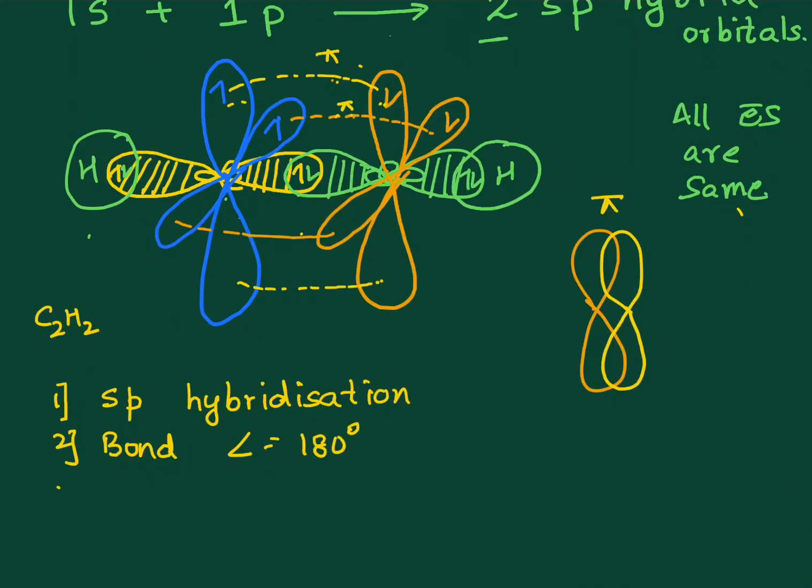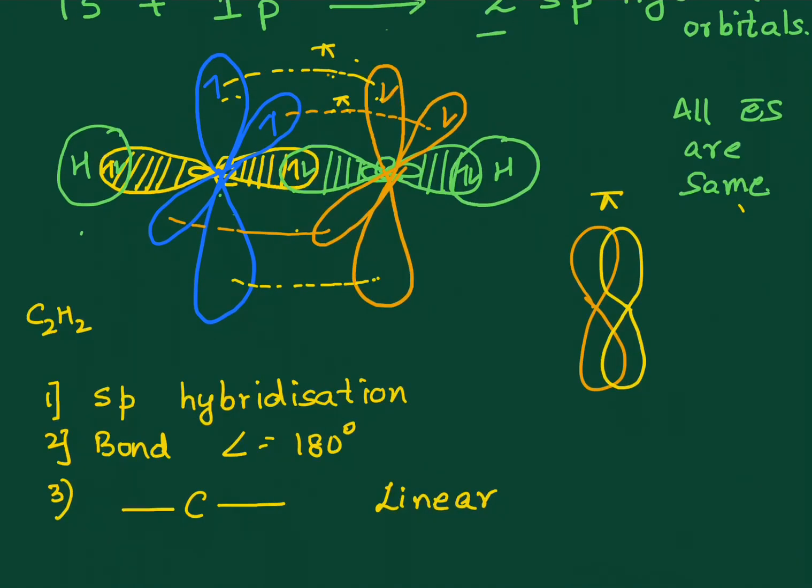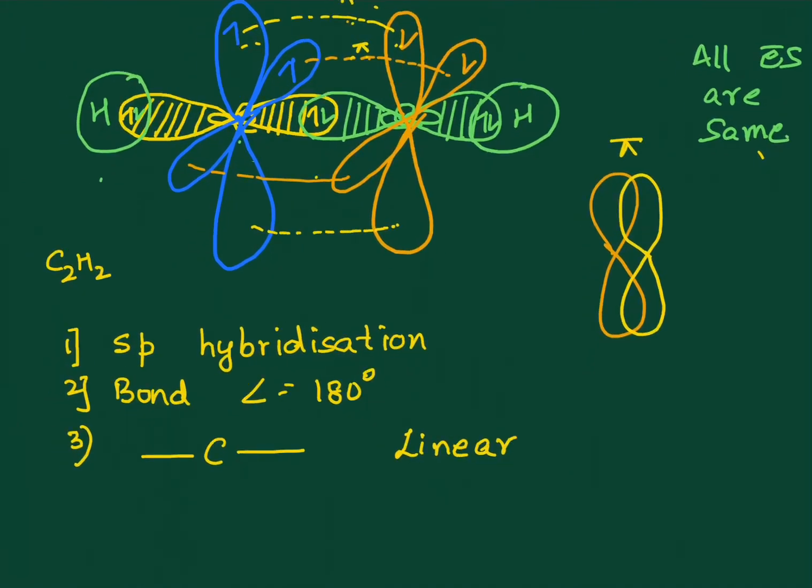That means orientation around each of the carbon atoms. See, this is how the hybrid orbitals are represented. So orientation, that means distribution of the bonded pair of orbitals or electrons around the carbon atoms. Each of the carbon atoms would be linear. Coming to the fourth point.